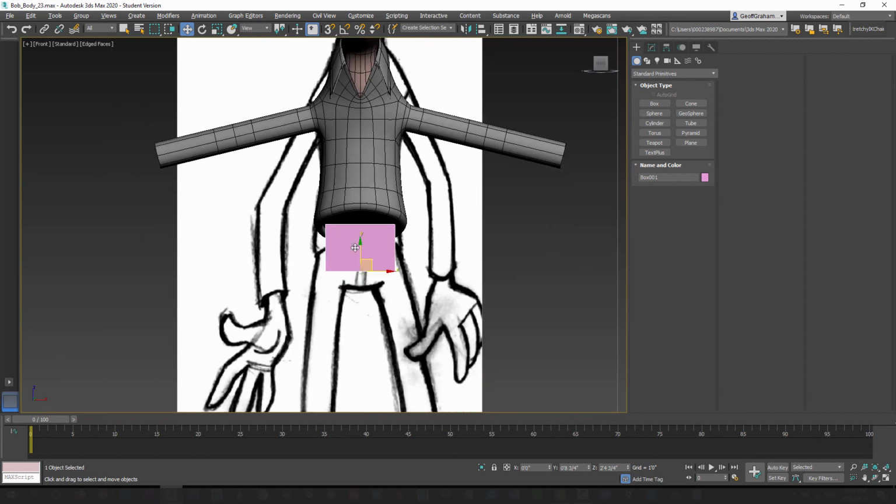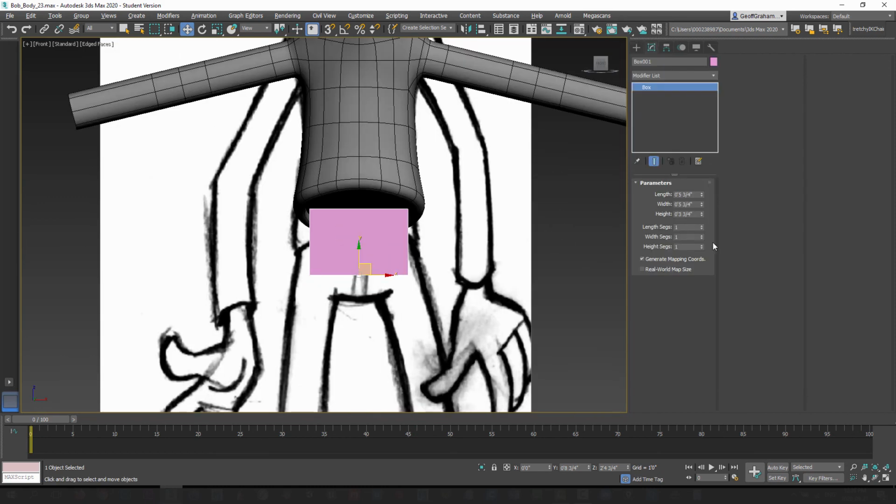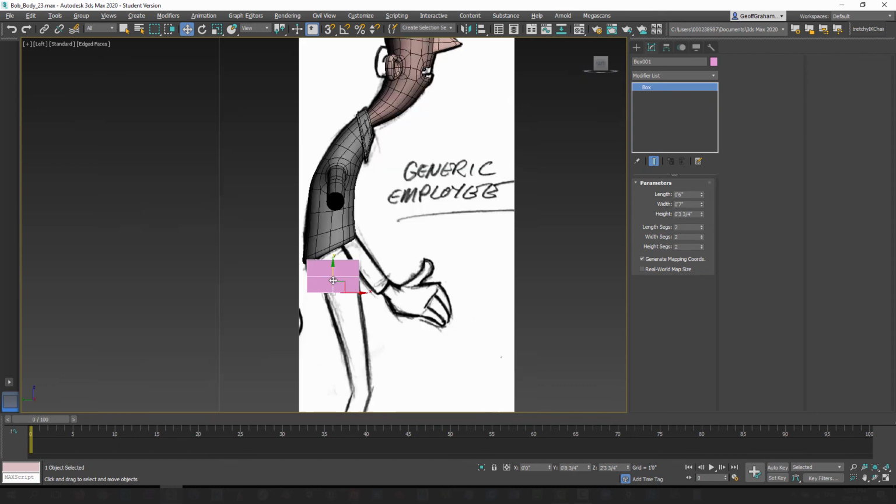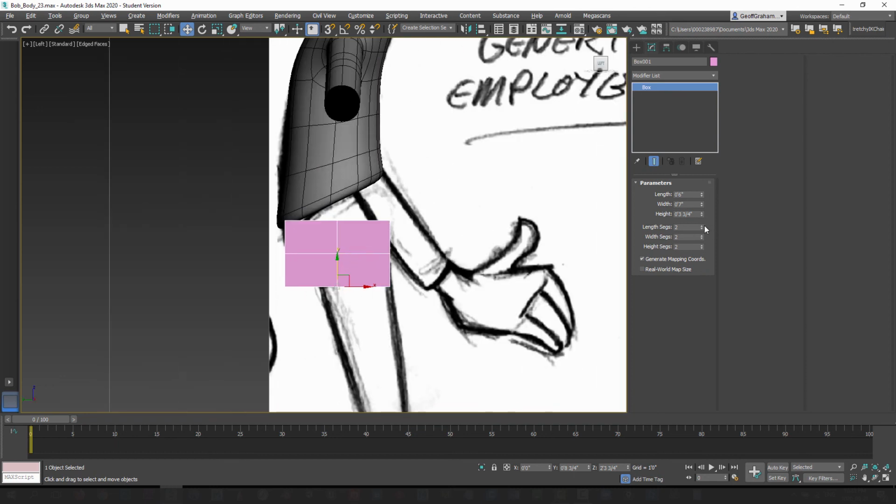And then back in the front view, we can go into the modify panel and adjust the length, width, and height from here. Just make sure it fills the outside area of the drawing. So we'll bring it up here like this, and then we'll add a segment in each direction just to divide it up. And if we check in the left view, if you want to adjust the length from here, you can,